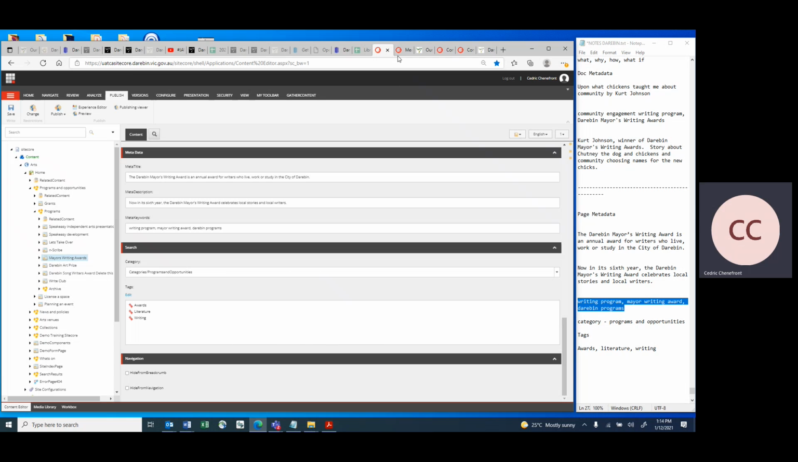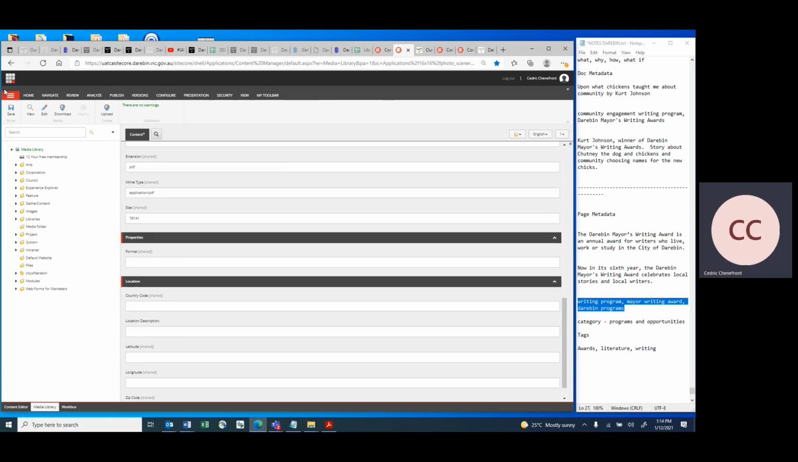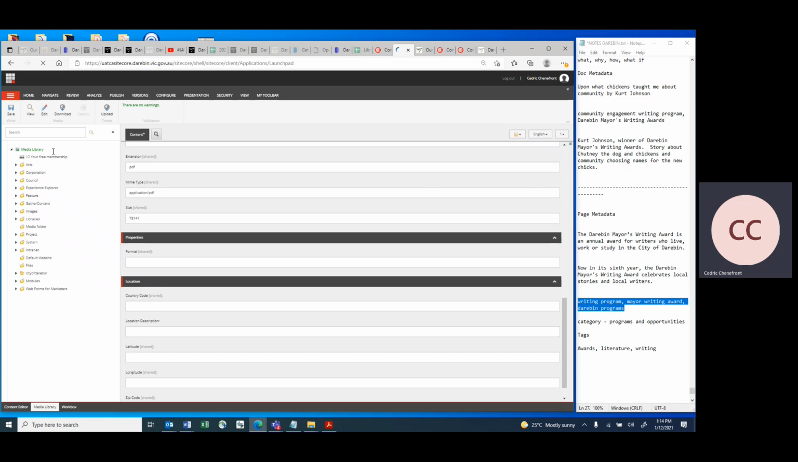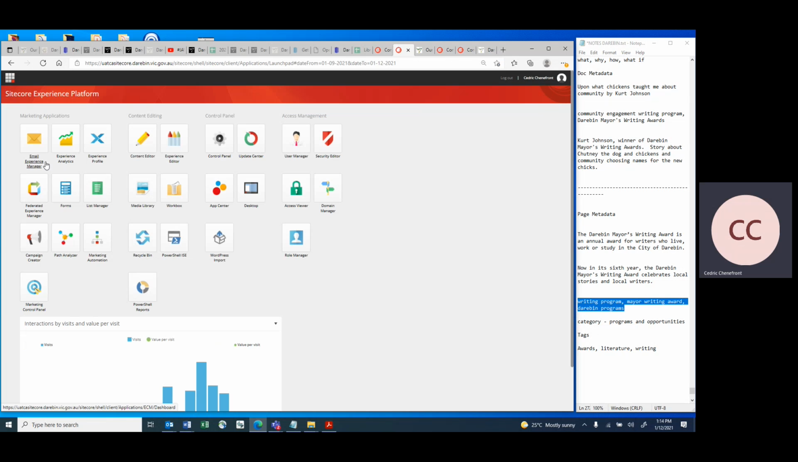If we're looking at files, what we would do is, let's use the same example. So let's go to the Mayor's Writing Awards as well. So what we would do is we dive into the site core. We wouldn't go into the content editor, we would go into the media library. So we click on the media library,